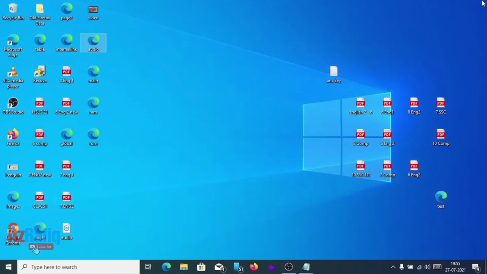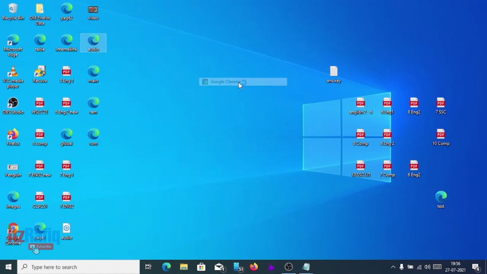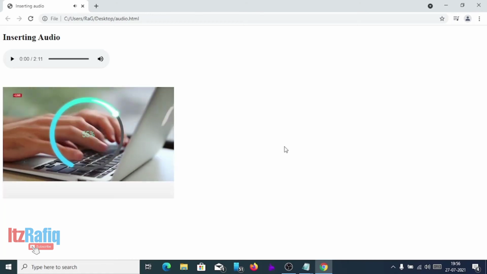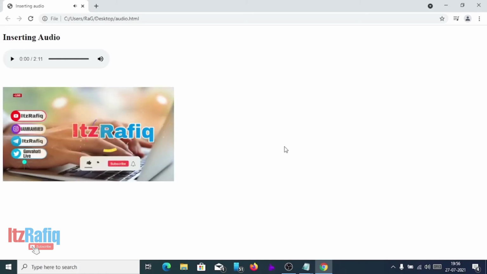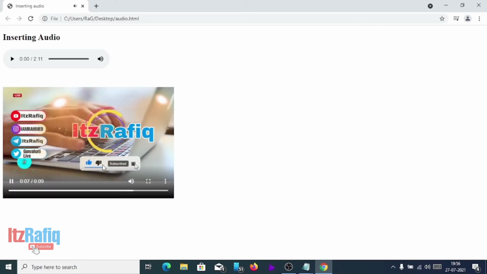Let's open it in another browser, in Google Chrome. Open with Google Chrome. So here also the same thing. We have to press the play button ourselves. When we hover over the video, we'll get the controls or buttons.